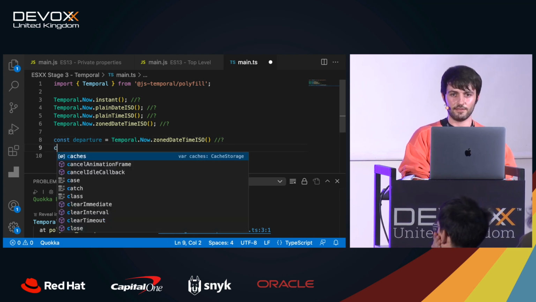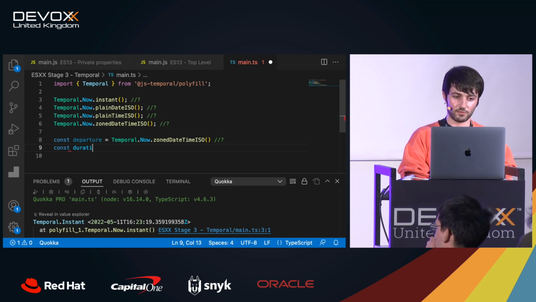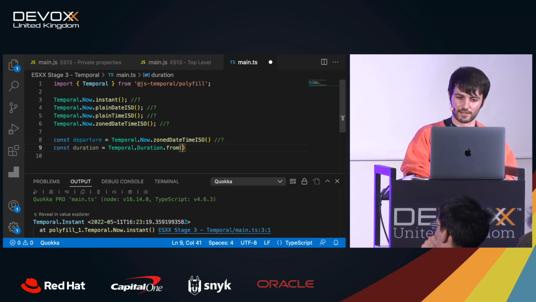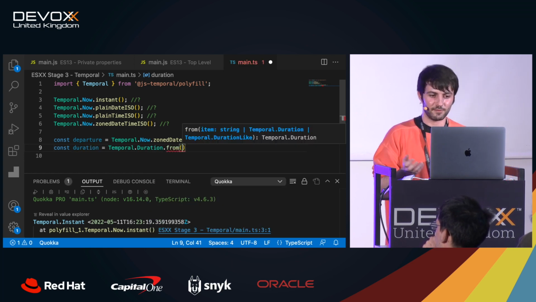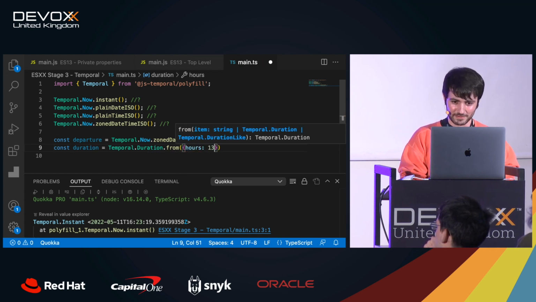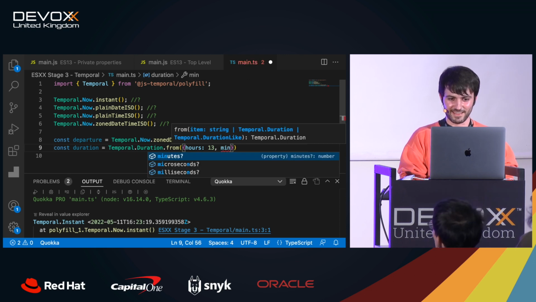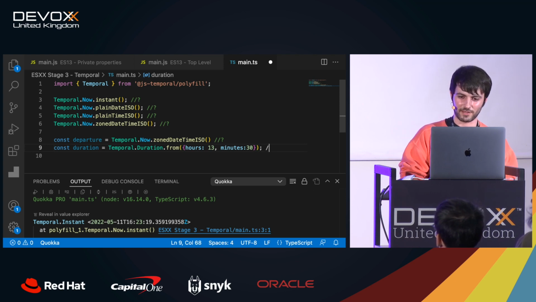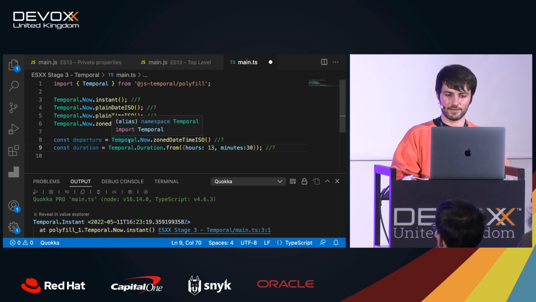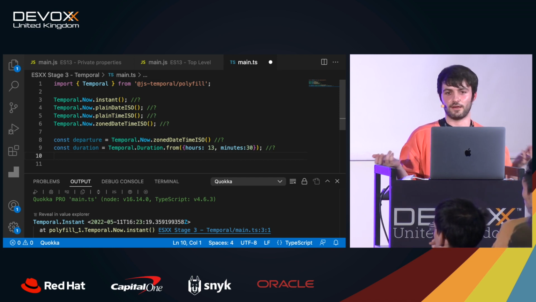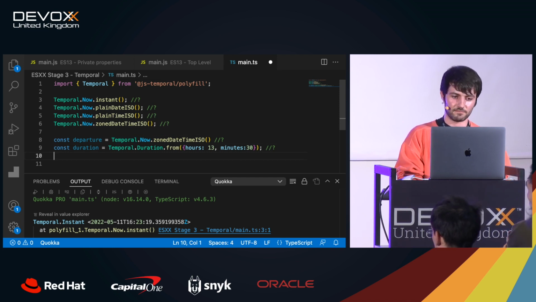And then the other thing that we need to understand what time we would get there is the duration. Please someone correct me if I'm wrong, but I think that to get to Tokyo, it might take like 13 hours or something like that. And if not, feel free to correct me now. Now is your moment. And then 30 minutes, so we can play with more data. Okay, cool. Now that we have the departure and the duration, I think we have all the data. That's everything that we need.